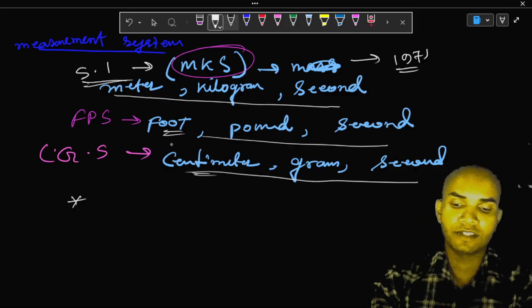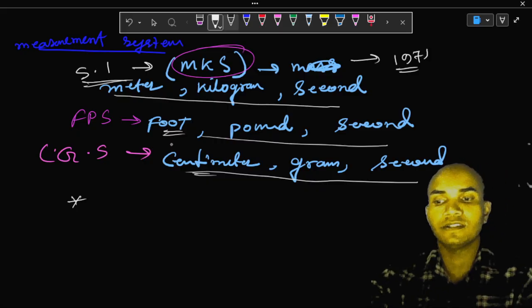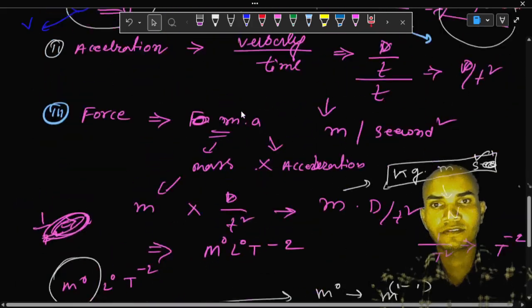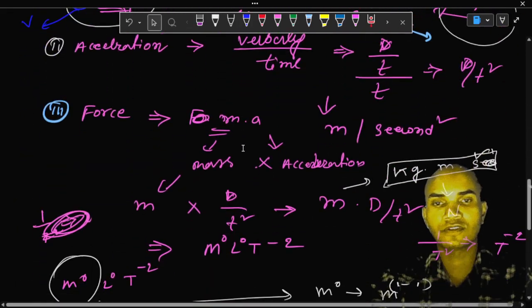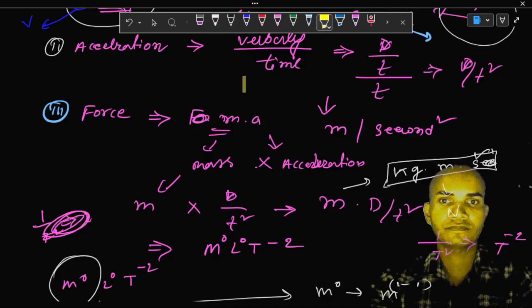Okay, now come to another point. Here you can see that force is representing mass into acceleration. We have already studied that force is equal to